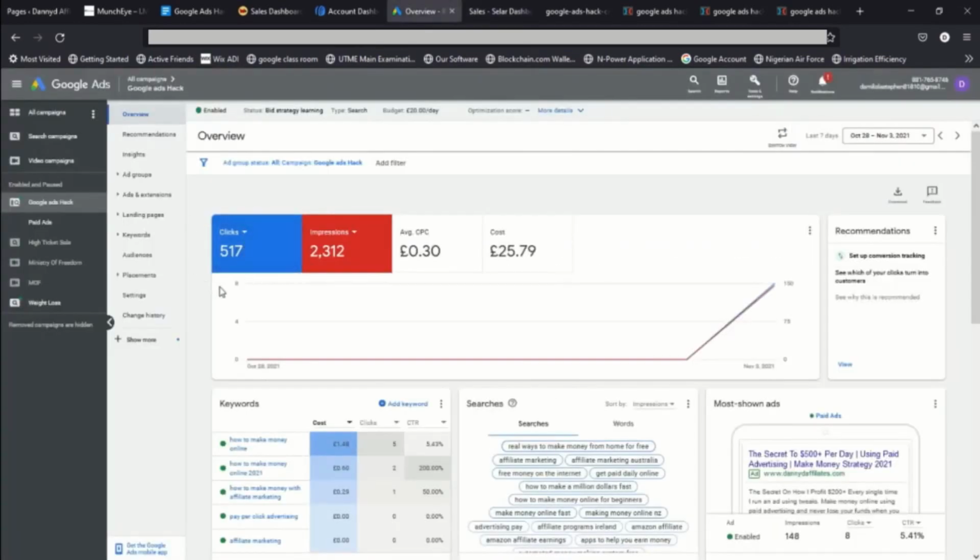As you can see, I got over 517 clicks and 2,312 impressions, with a 0.30 average cost per click. I spent just 25.79 euros, which is approximately $30. Just $30, and this is the result I got from it.